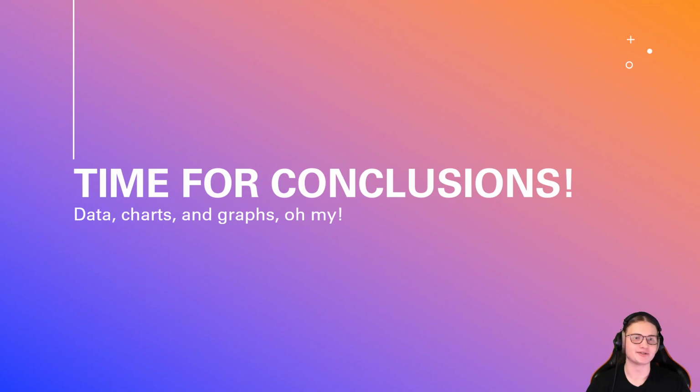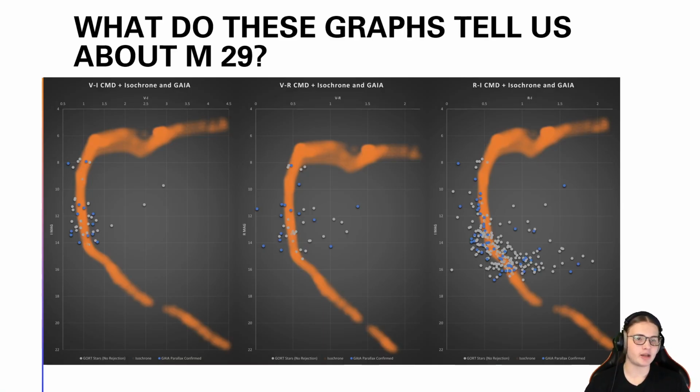It's time for our conclusions. These are the three color magnitude plots I created with data from GORT. You can see that they are only in the V, R, and I bands without the blue band. This is because stars are immensely brighter in the longer, redder wavelengths. This means that due to GORT only being able to track accurately for 30-second exposures, the blue data was too